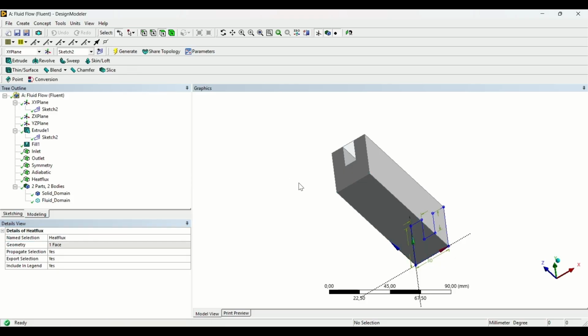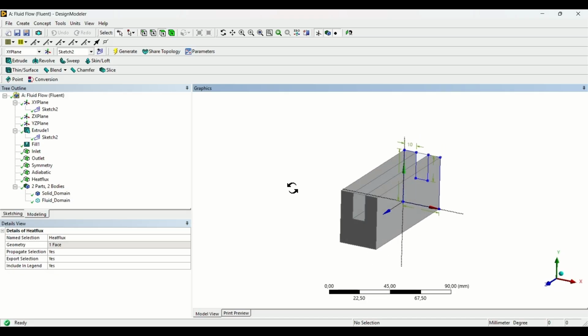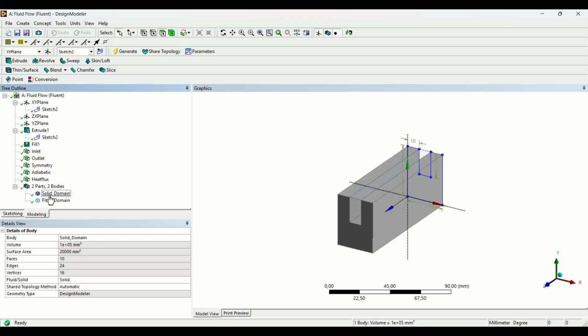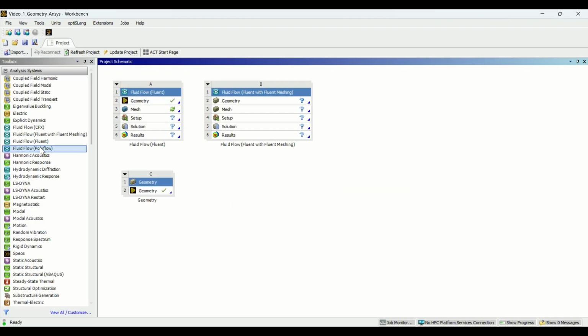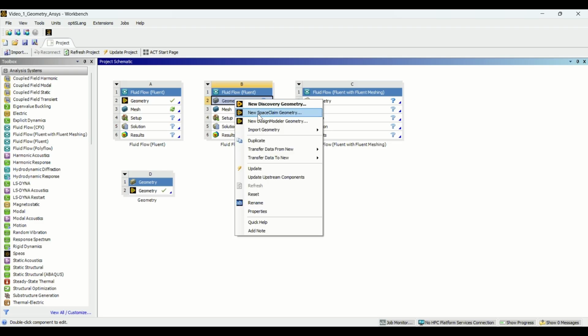So as you can see here, I have everything fully defined, and in case I want to use this option, I have different ways of creating the interface. Also, you don't need to perform the name selection of the interface because Ansys will automatically recognize them. You just need to pay attention whether you use this option or the part option, which is by combining these two. So I'm going to select here a new, and I'm going to create a new